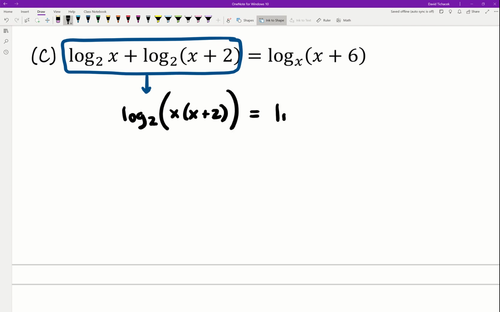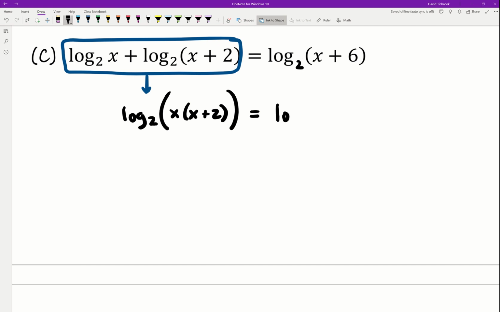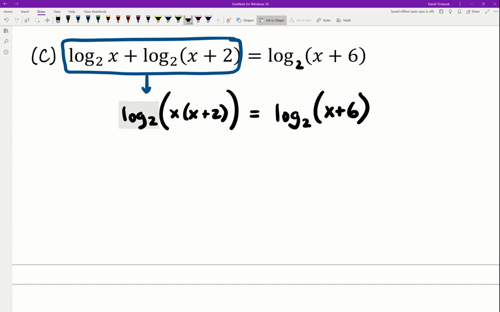Feel free to go back and watch that one if you need some more guidance on what I'm doing here in this step. And then, of course, we do have a typo to correct in this problem. That should not say log base x. That is a typo. That should say log base 2. And the reason that it's important that we correct that typo is because we wouldn't be able to do the problem otherwise, because now we see that if we correct that typo, it's going to be a log base 2 on both sides. We could just simply drop those logs and then continue on with the rest of the